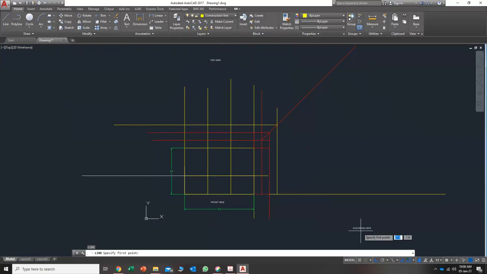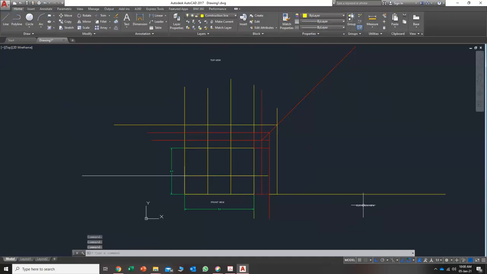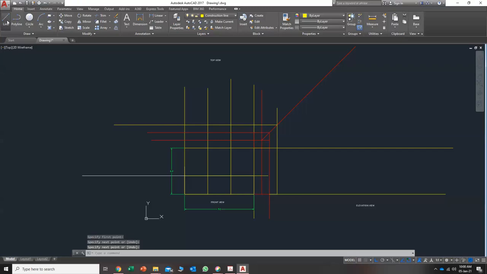So the elevation view. This is the starting point for you, the boundary on the left hand side. You can simply drag here. So what width? 54. Okay, 54. Now this is your elevation view. That's the boundary of your